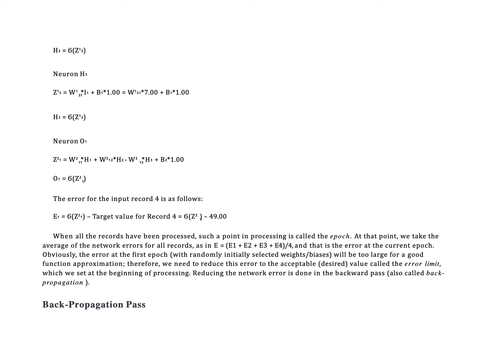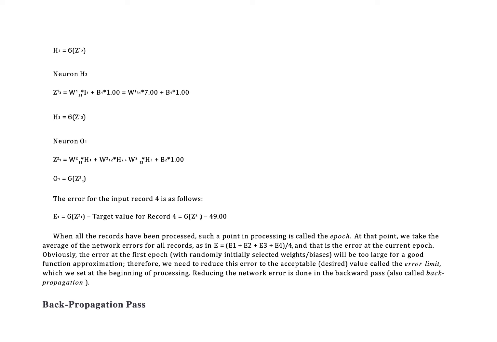Neuron H3: Z13 equals W131 asterisk 7.00 plus B1 asterisk 1.00. H3 equals Z13. Neuron O1: Z21 equals W211 asterisk H1 plus W212 asterisk H2 plus W213 asterisk H3 plus B2 asterisk 1.00, equals Z21. The error for input record 4 is as follows: E1 equals Z21 minus the target value for record 4,